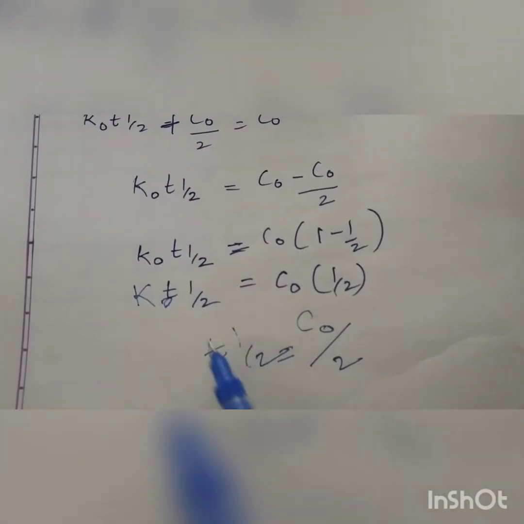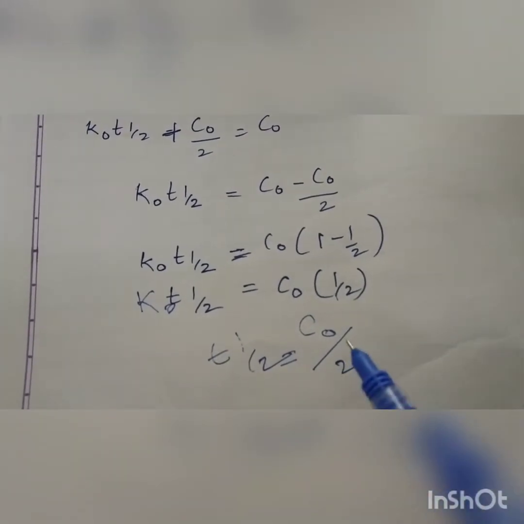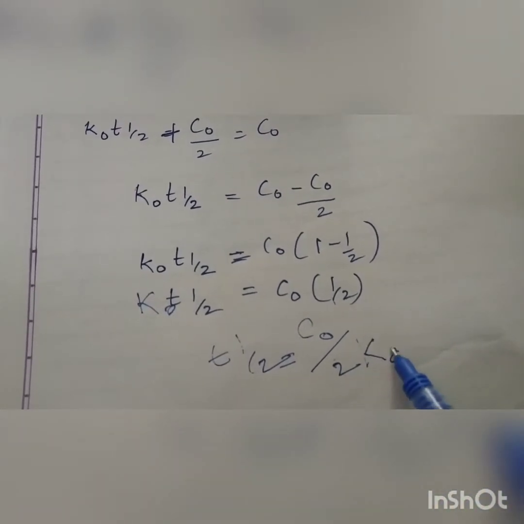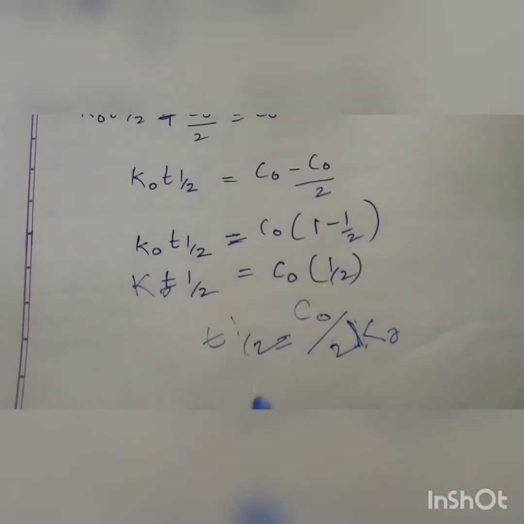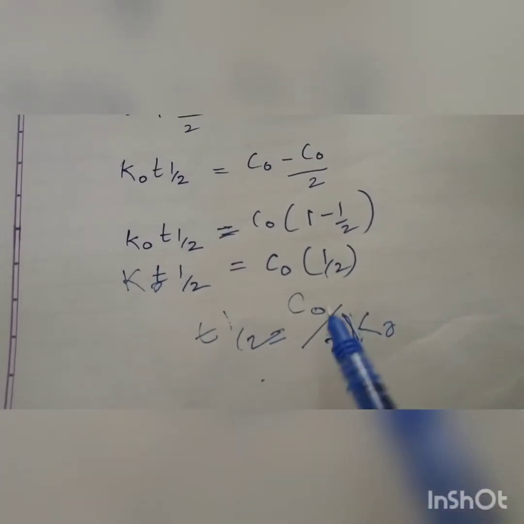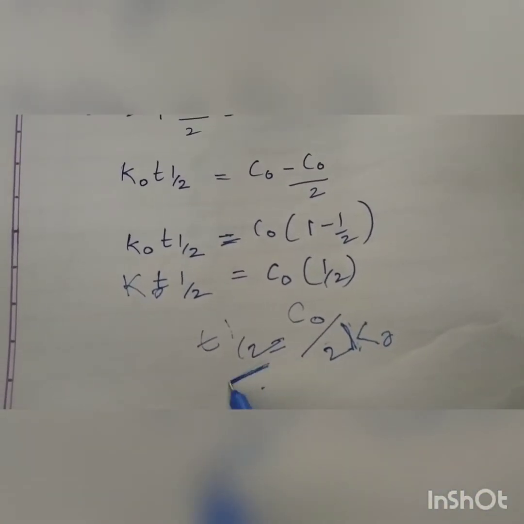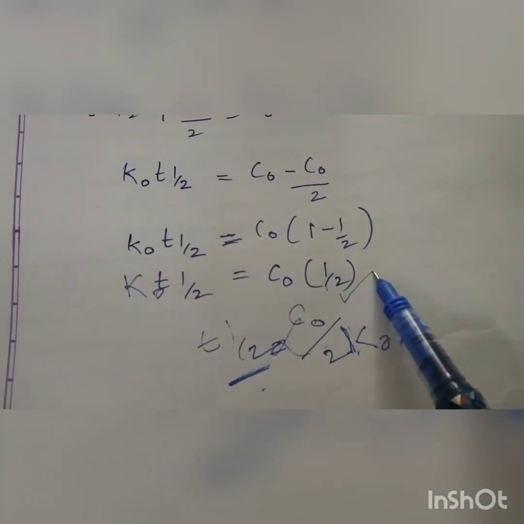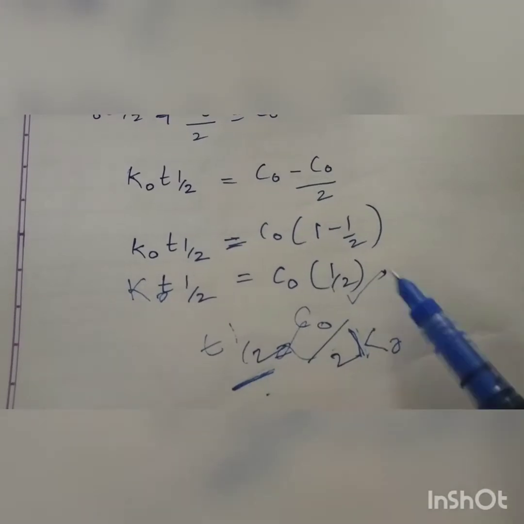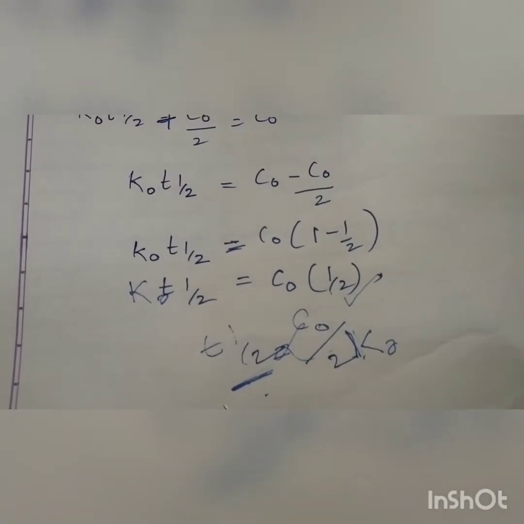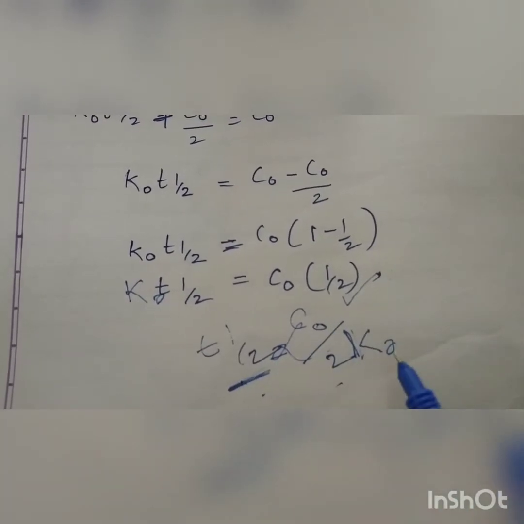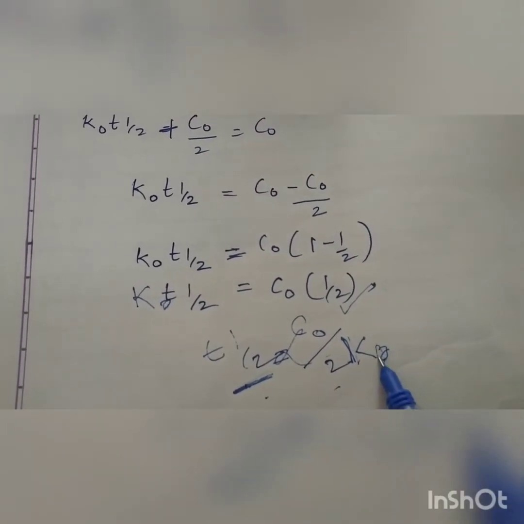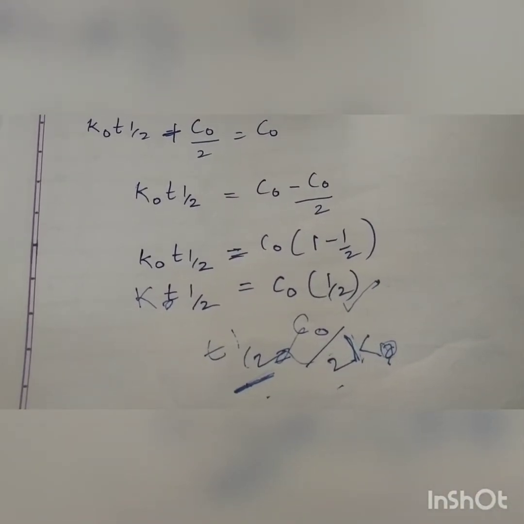So when we take this K0 to this side, here it will become K0. So half T is equal to that half-life. It is proportional to the initial concentration of the drug, that depends on the drug. Okay, and then it is inversely proportional to the zero order rate constant.